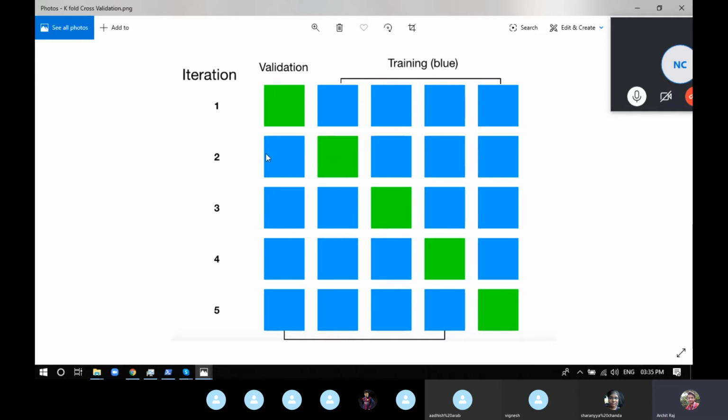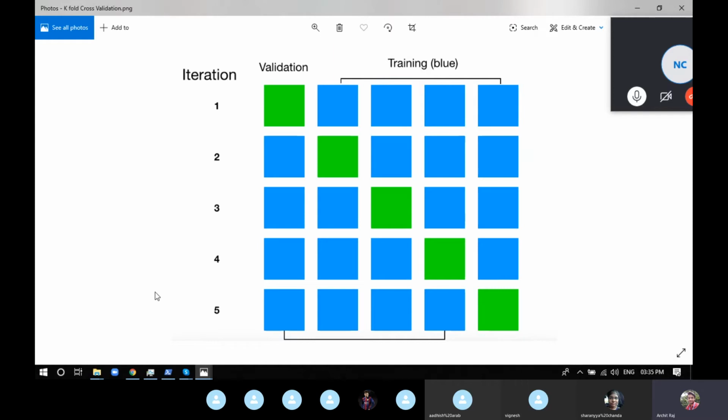Imagine we have a data set of 100 rows. In k-fold cross validation, the first thing that you have to provide is the value of k, which stands for the number of folds that you want to divide the data set into. In this particular example, we gave k as 5.